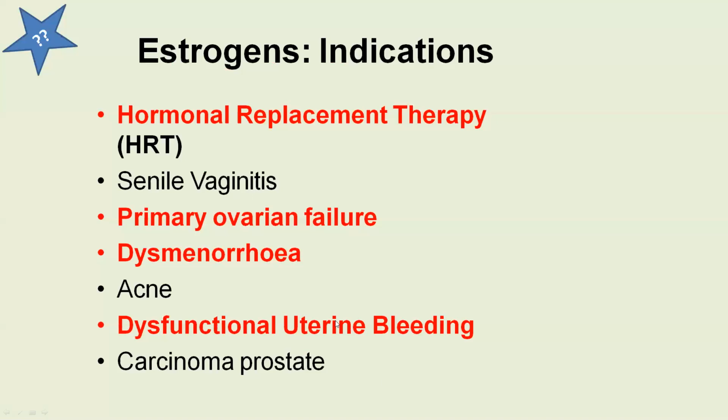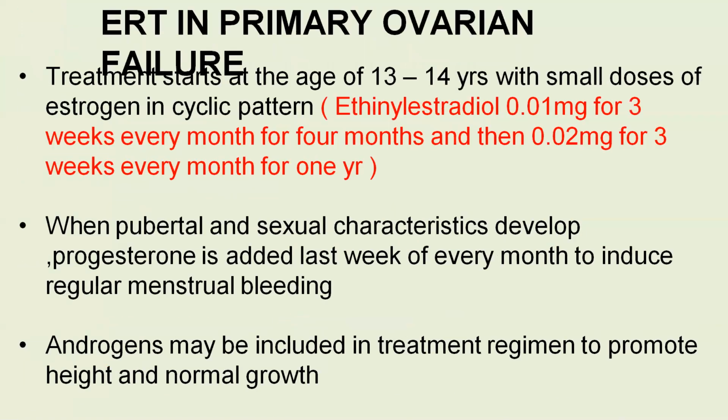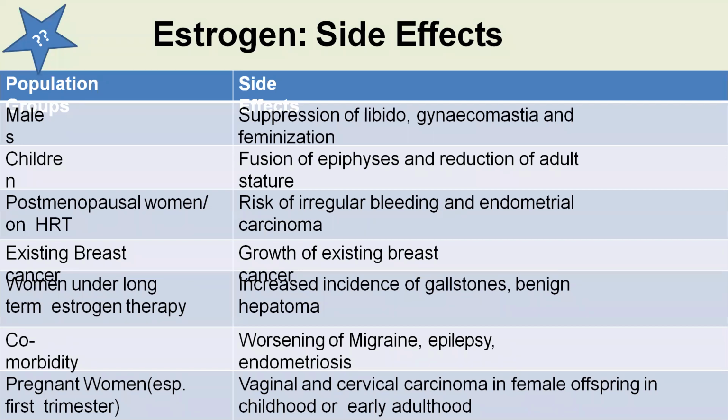Then dysfunctional uterine bleeding, it is a painless bleeding which is due to chronic anovulatory cycles. So this occurs mainly because of disturbance in the sequence of the follicular phase or the luteal phase. So here you can give a progestin cyclically until the bleeding is controlled. Then to prevent recurrences, you can give a combination of estrogen and progesterone for a few months till the cycle is normalized. So this is about the indications of estrogen.